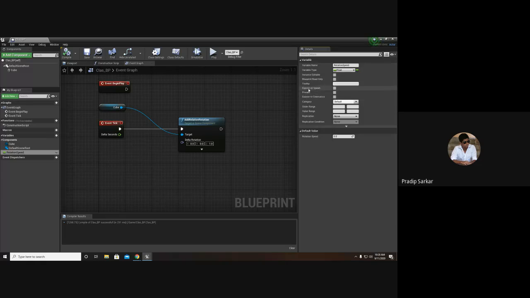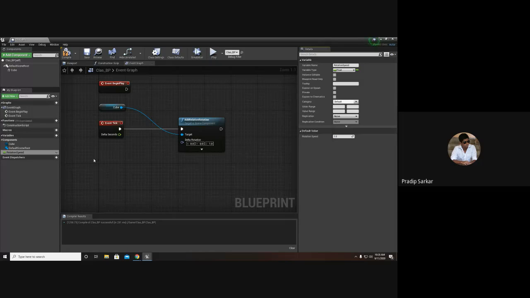Then there is expose on spawn, which means whenever I spawn it, this variable will be exposed. Below that, at the bottom, we have our default value. What should be the default value of this speed? Currently it is 0. I will make it 1.